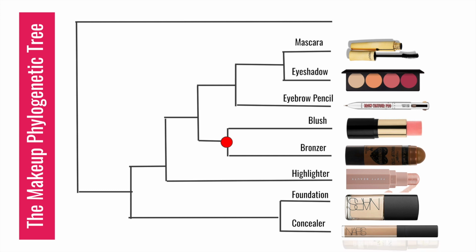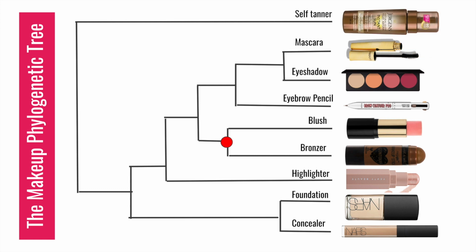And last but not least, but maybe most important, self-tanner was the first to diverge in the world of makeup into an entirely separate category. Since self-tanner diverged from the rest of makeup so early, it roots the tree as a common ancestor for all makeup products and serves as the outlier. The self-tanner would genetically be defined as the outlier as long as it has the most OTUs in the phylogenetic tree.